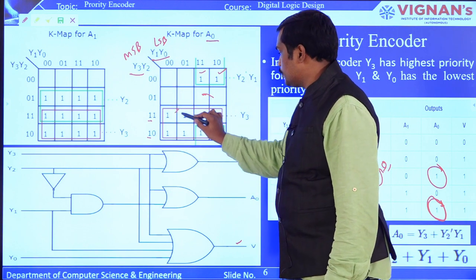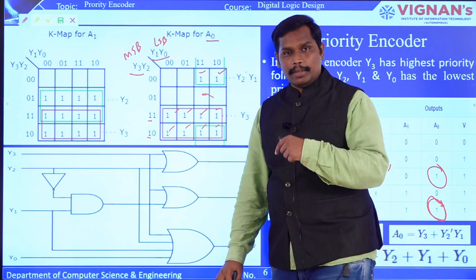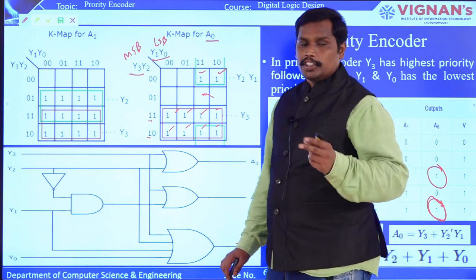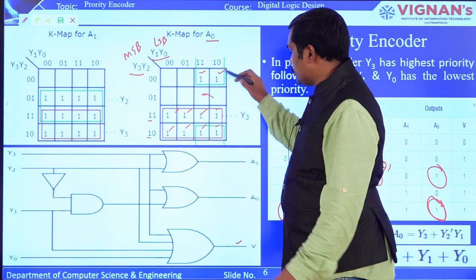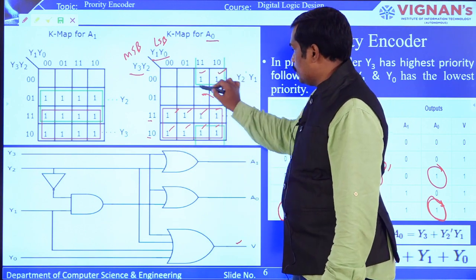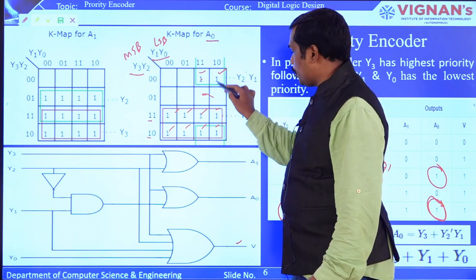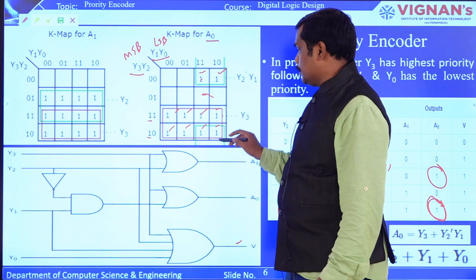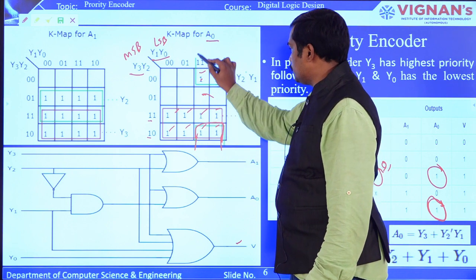So all these are represented with 1 in the particular Karnaugh map. Now you know the grouping concept, that you can group it as pair or quad or octant. So here you can see this particular set can form a group which is a quad, where 4 ones are in the group. Okay, this particular thing can be grouped, right?